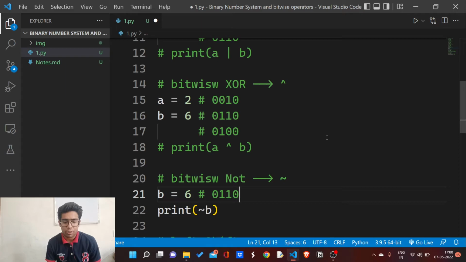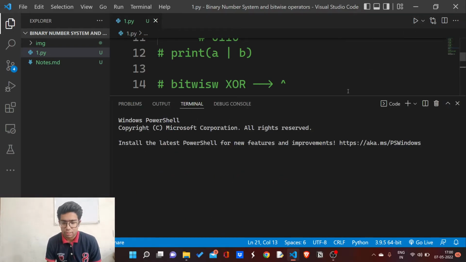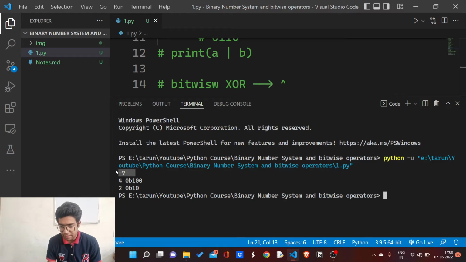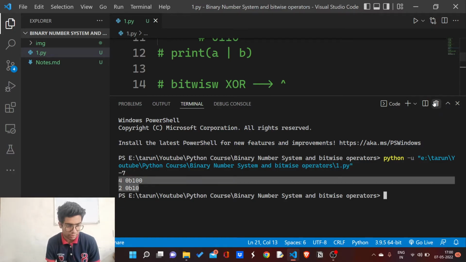Now I am going to talk about the bitwise NOT operator. This is a unary operator, which means it operates on a single operand. Now we need only one number for this example. The binary representation of 6 is this, as I have shown you. What this operator returns is the ones complement of the number on which we are applying this operator. Like the ones complement of this would be -7. How do I get this? I will show you. First I will run this code to provide you the answer. Now you can see I am getting -7. Avoid this code. This is for further use.